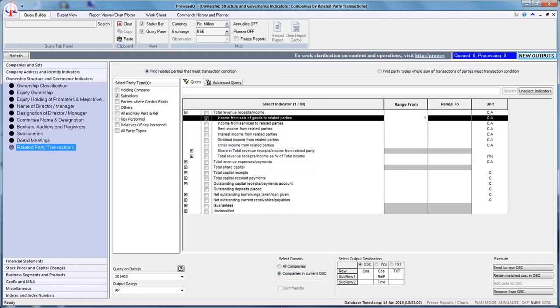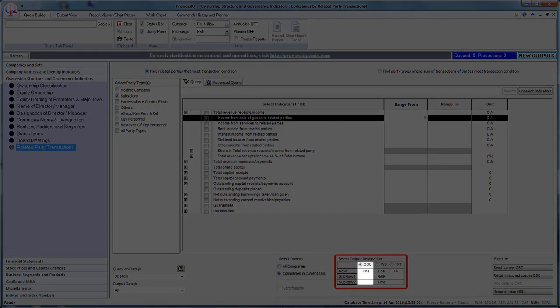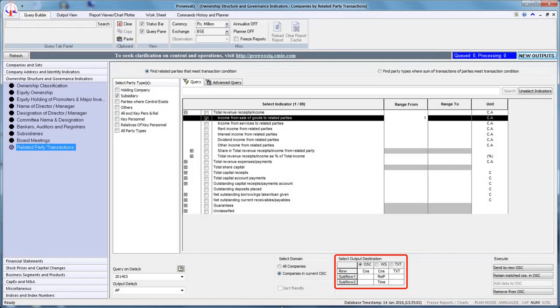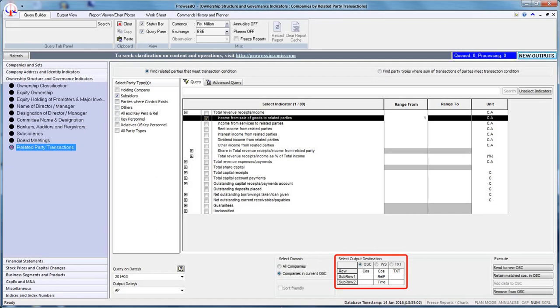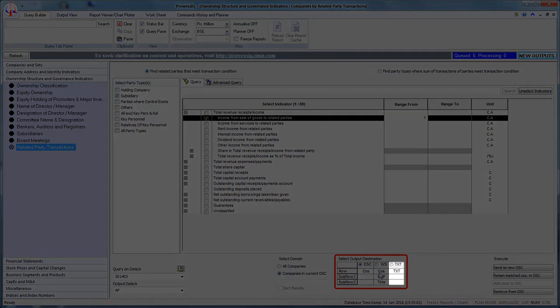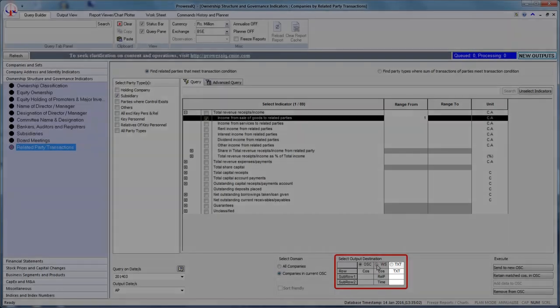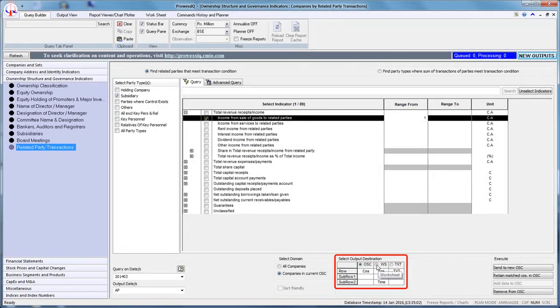The seventh step is to select the appropriate output destination from Select Output Destination box. There are 3 formats possible. The first is the OSE format, which lists the names of companies without any additional data. The second output destination is the WS, which is the worksheet, which displays the company names along with its data. The third output destination is the TXT output, which displays the same data in a text file. Let us select WS as our output destination.